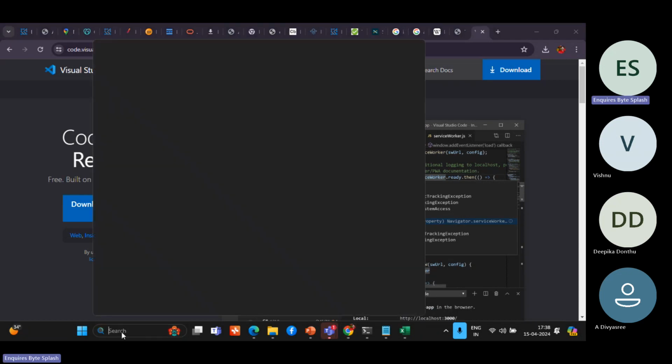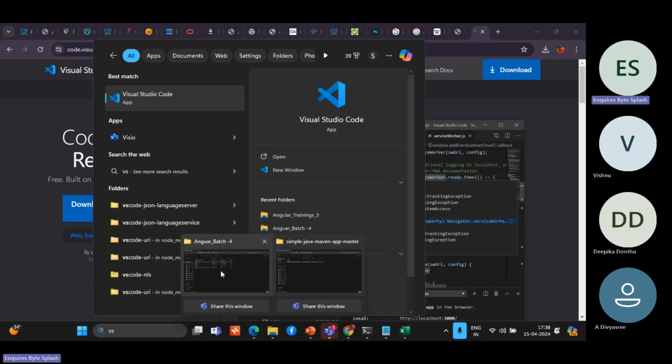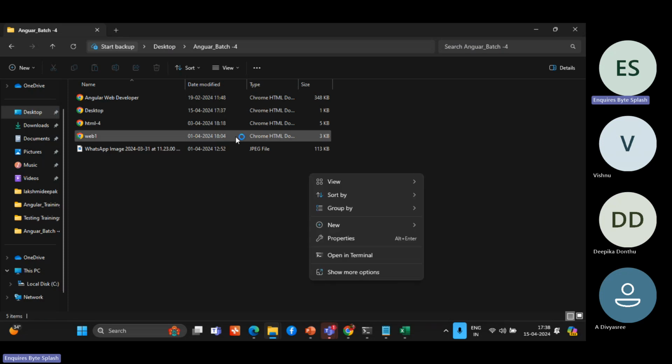So then you'll open VS Code. I already downloaded and installed it. It's simple. Just download and install and next. At the end, it will ask for a checkbox: enable right click open as folder in VS Code. These extensions will be enabled if you tick the checkbox. For example,